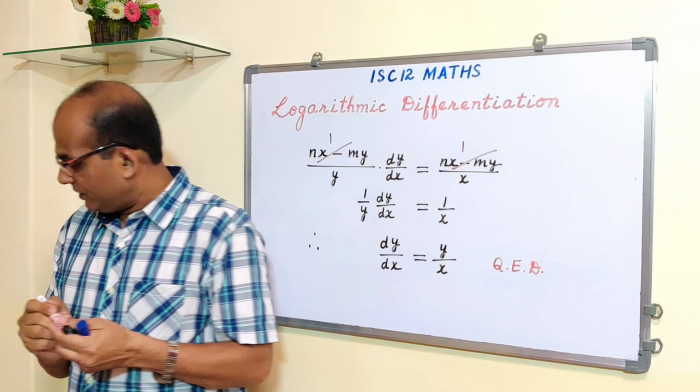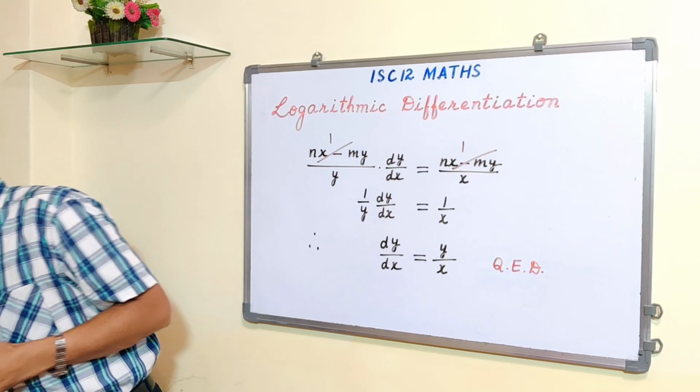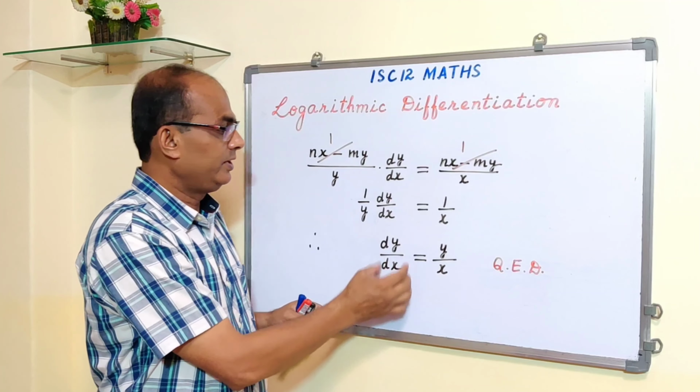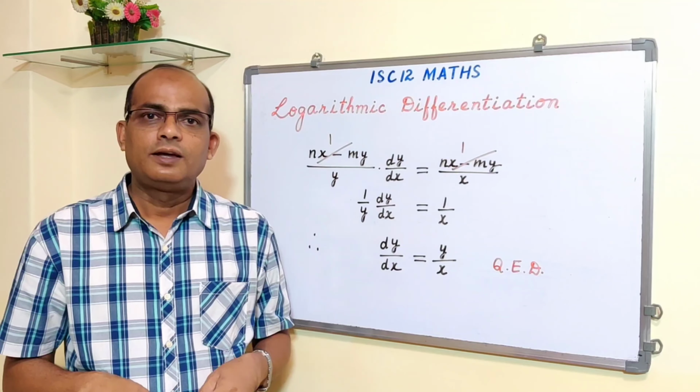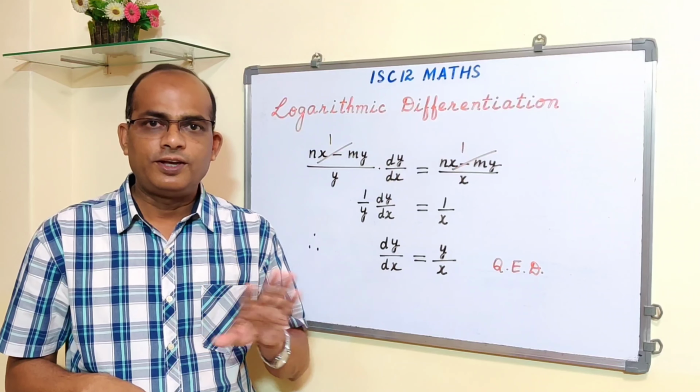Clear? This is the question. dy upon dx is equal to y upon x. Yeah. We have to show dy upon dx is equal to y upon x. I hope everything is very, very clear